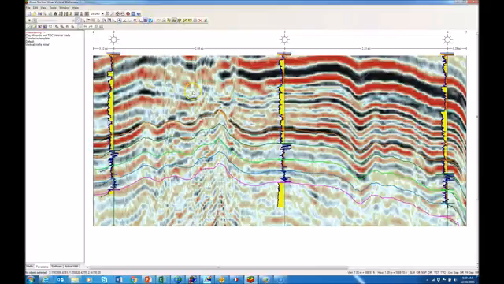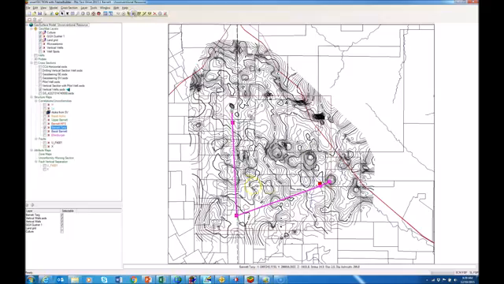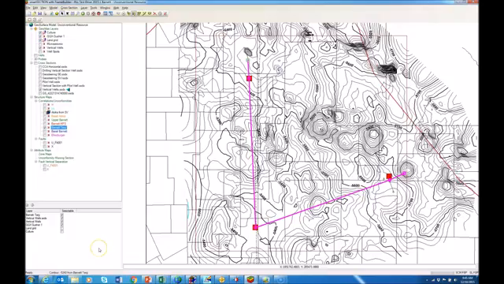And when I turn on the depth converted seismic backdrop, you'll see the strong positive event, which was indicated by the synthetic as the Atoka, is spot on our geomodel. Returning to our map, you'll see we have a much more detailed target surface that we can use now for doing our field plan. But before we do that, let's take a look at what we've done right now in